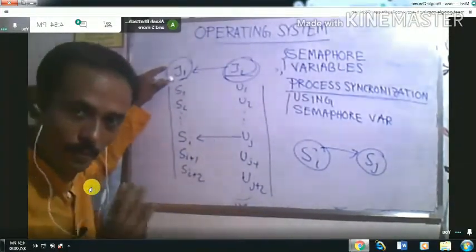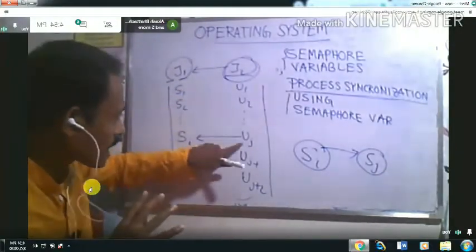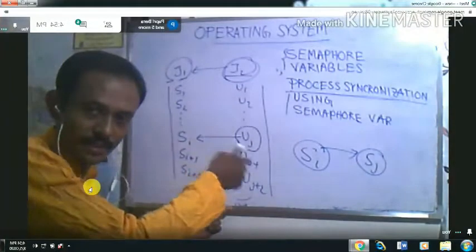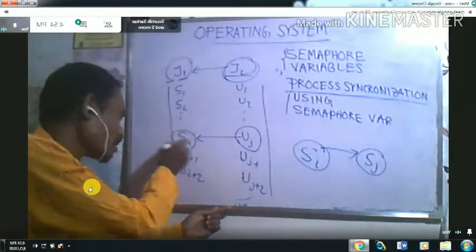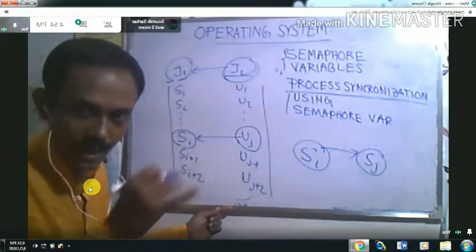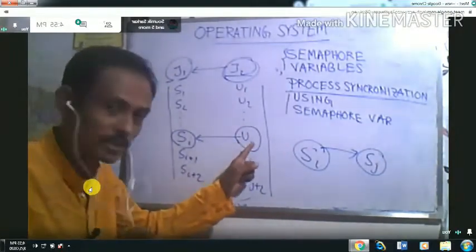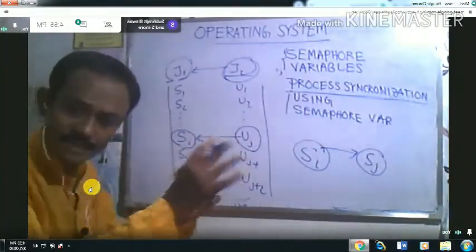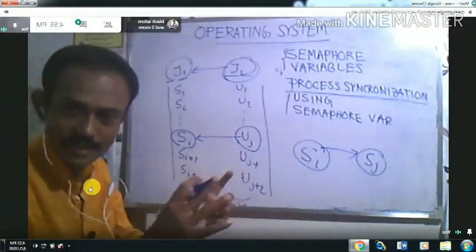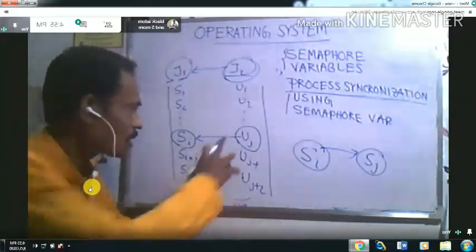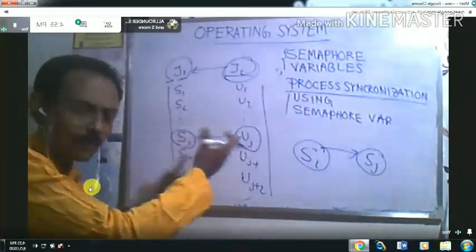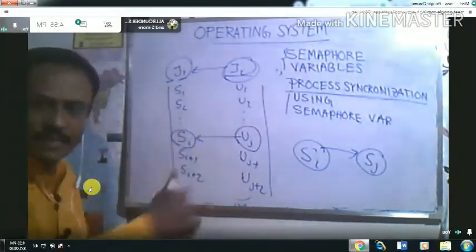Because if we are not executing the UJ statement of the other process, then SI cannot start. At first you have to execute UJ, because there is some dependency for some values. After executing UJ, it will give some values to SI, and then SI can execute. So there is a dependency.